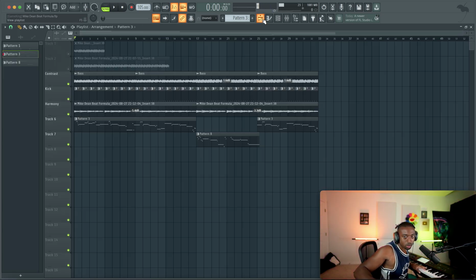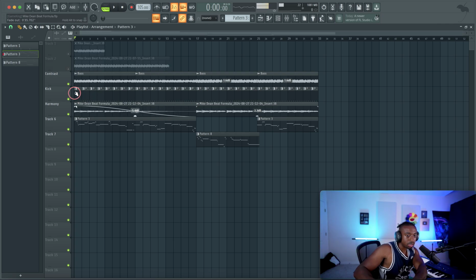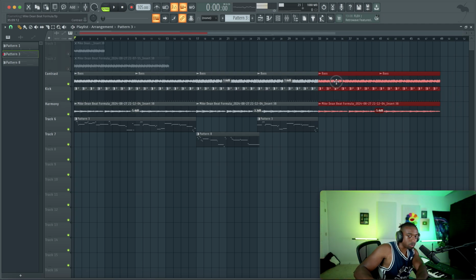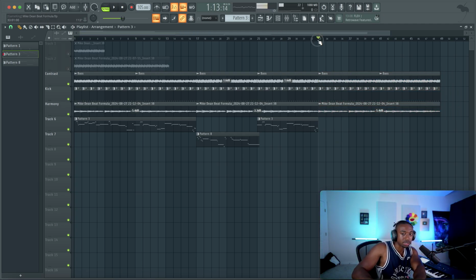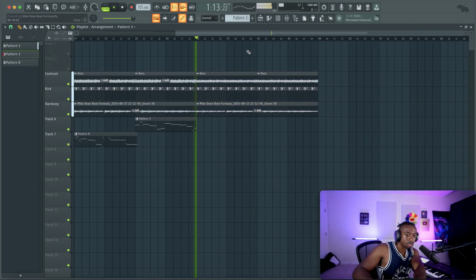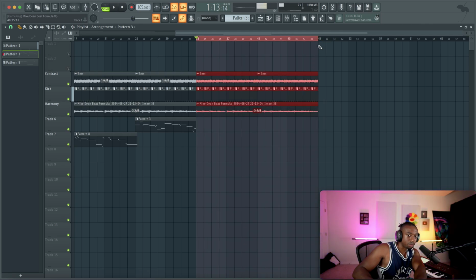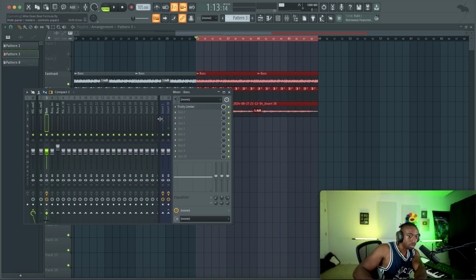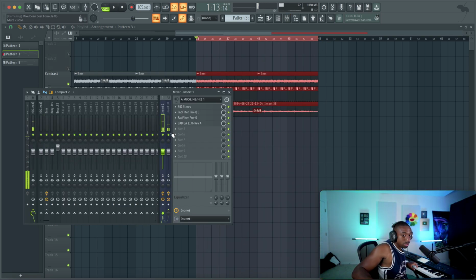That actually might work. Now that we know that works, let's create one more section. Again, we're doing the same thing that we basically did with those leads that we added in. We're just doing it with our vocals this time. So we have our harmony, we have the bass line. Now we're just going in to add that top line through the vocoder. This may take me a couple times, y'all. I'm not a masterful vocoder player. So let's try this. I gotta make sure I even have the right sound.